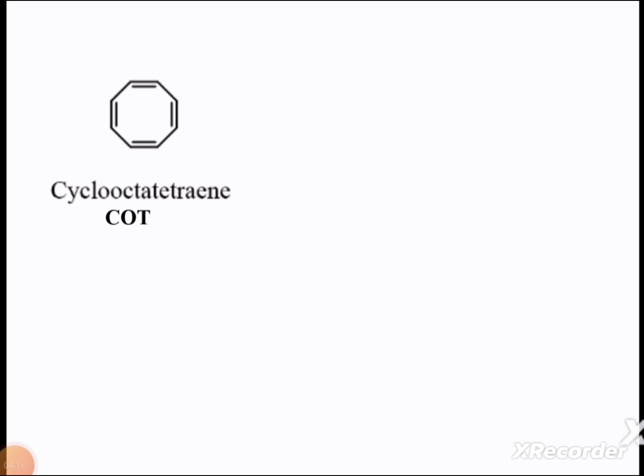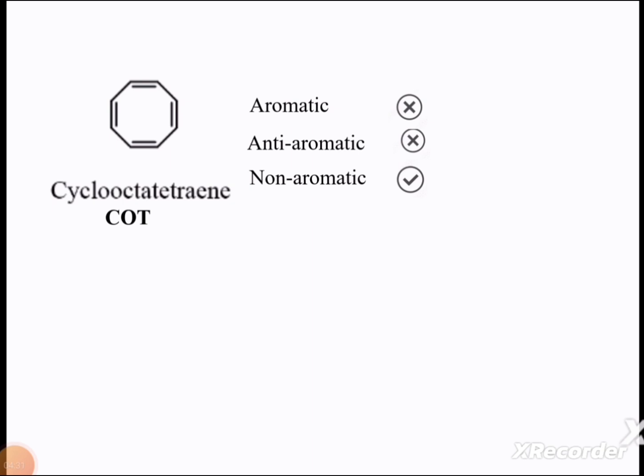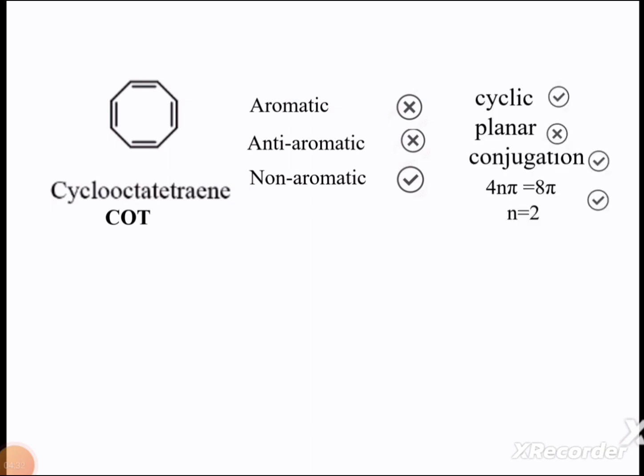The reason is that it looks planar, but it is not actually planar. So is this aromatic? No. Is this anti-aromatic? No. This is non-aromatic. Why is this so? Because it is not planar. Having a conjugation system, no doubt. Having a 4n pi system, yes. But